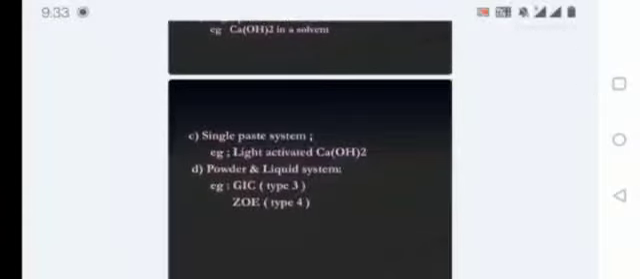Second type is paste cavity liners. It could be a two paste system. One is a base, the other one is a catalyst. An example is calcium hydroxide, and commonly what we use in the department is Dycal, that is a brand name. Calcium hydroxide comes in a two paste system. One is a base, the other one is a catalyst. Or it could be a single paste in solvent, that is calcium hydroxide in a solvent. Or it could be